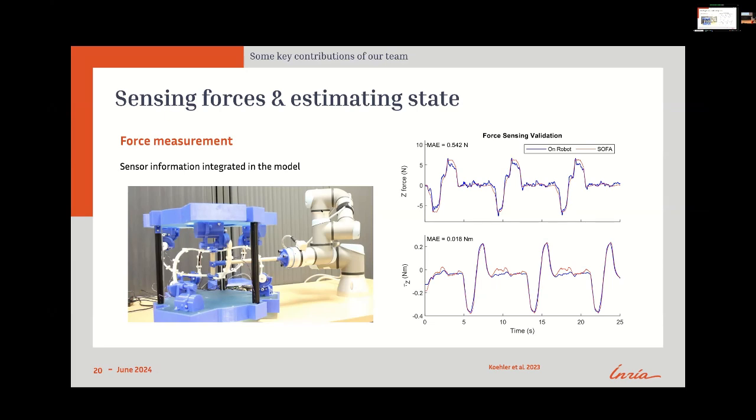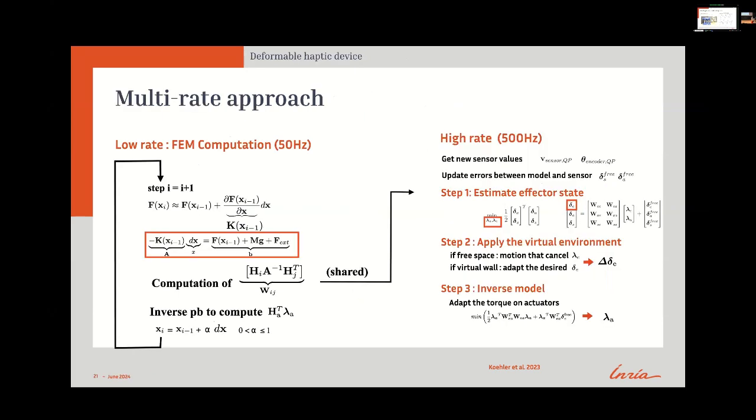And it matches quite well, meaning that we are really able to measure the force applied by the user without any force sensor. So now the last thing that we need to do is to be able to